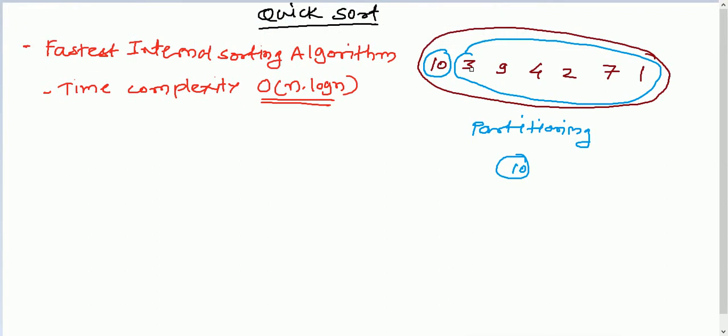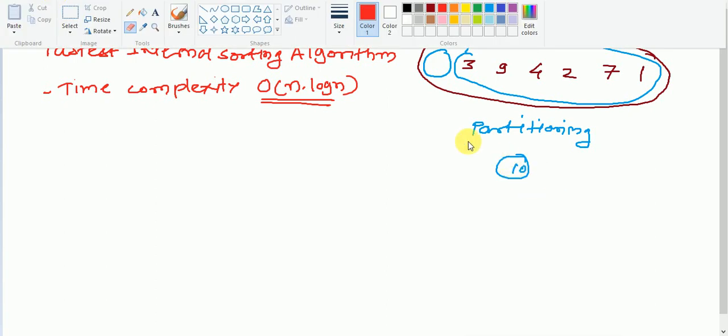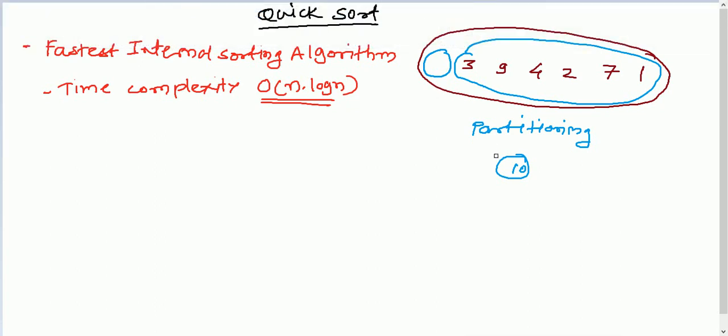Instead of 10 here, I'll take 5. On the right side of 5, the elements greater than 5 are 9 and 7. So 9 and 7 come on the right side of 5.